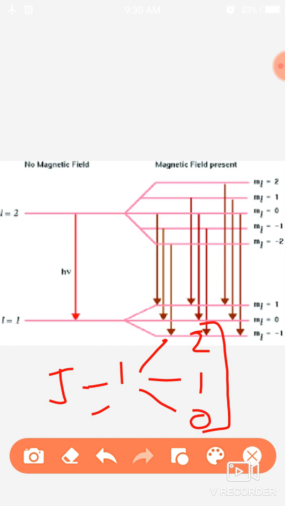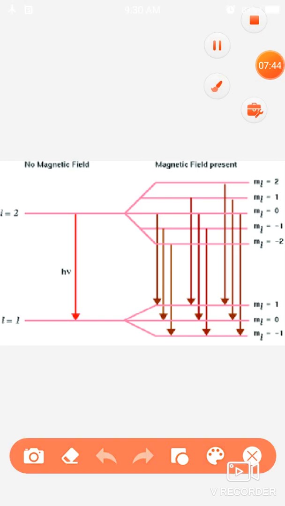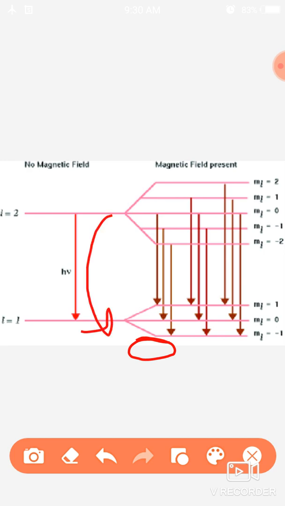So here we can see these spectrum lines very clearly. We are interested in the lowest energy level. When an electron from a higher energy level of L equal to 2 transits from the upper level to the lower level, then by applying selection rules, the value of mg equals minus 1. This means that only transitions are allowed from J equal to 0 and J equal to minus 2.